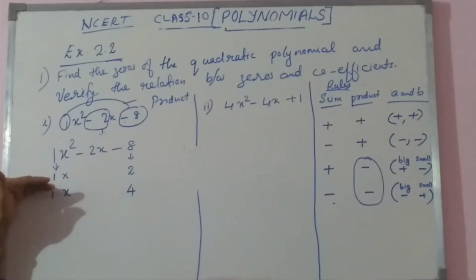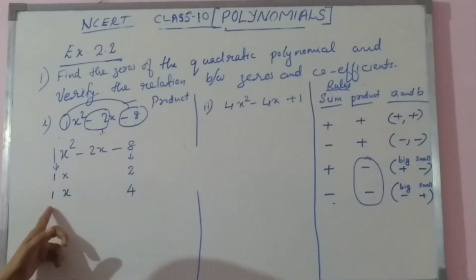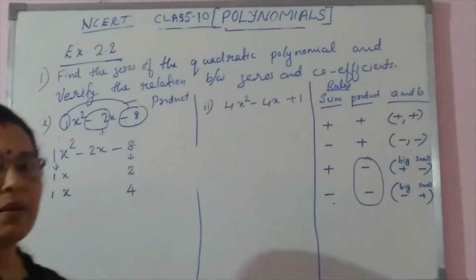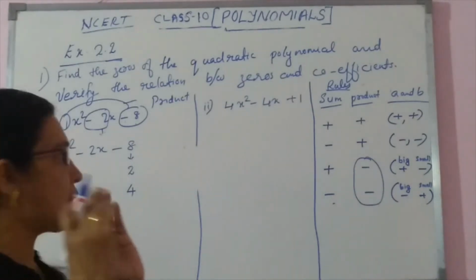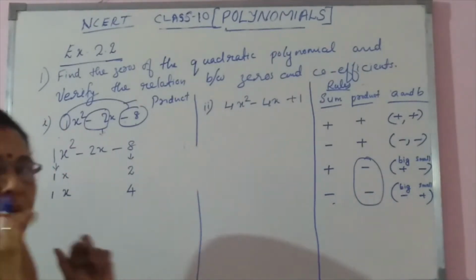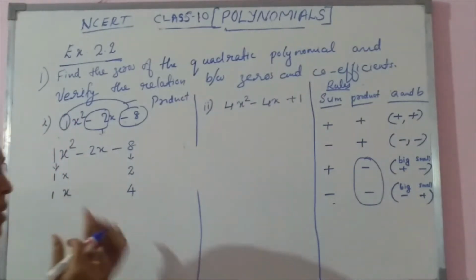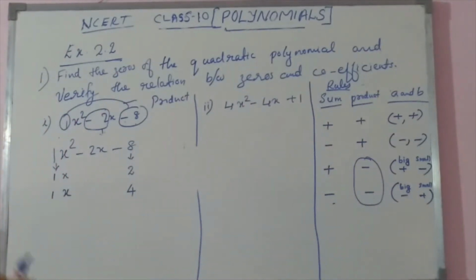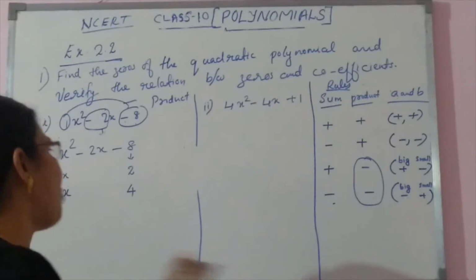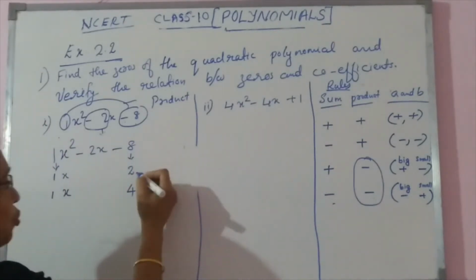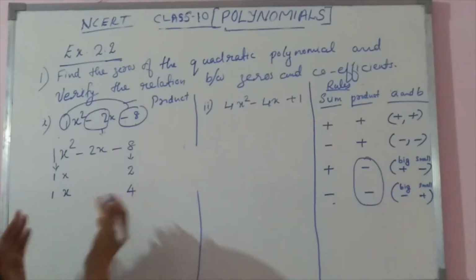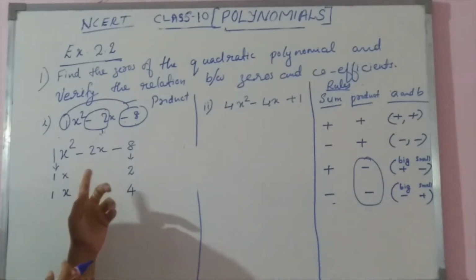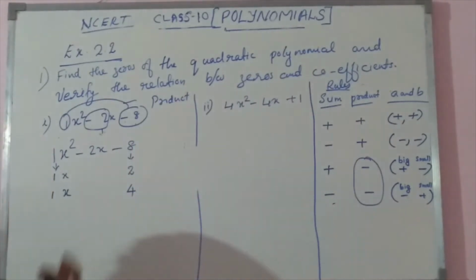While writing the factors of x square, please write the smallest factor up and the big one down. Sometimes a number will have many factors, so you have to use some idea, keep it in your mind and calculate in your mind, and then try that, so you will feel it is easy to do. After doing many questions, through experience you will get it. Now here the factors of 8 are 2 and 4. 1 and 8 are also there. If you take 1 and 8, you know anyway 2 will not come. Therefore I am taking 2 and 4 here.